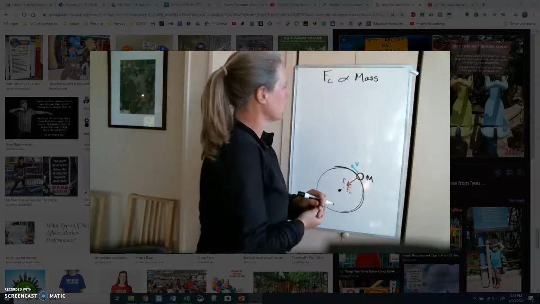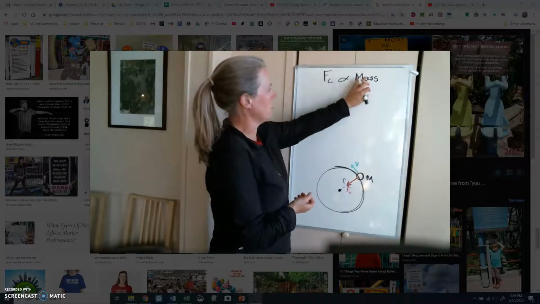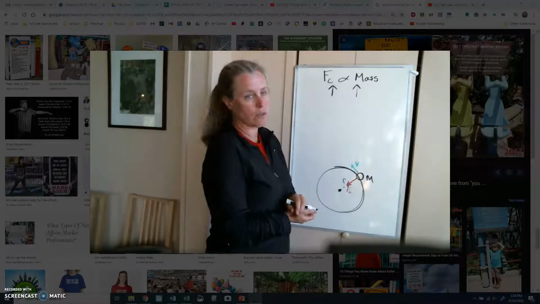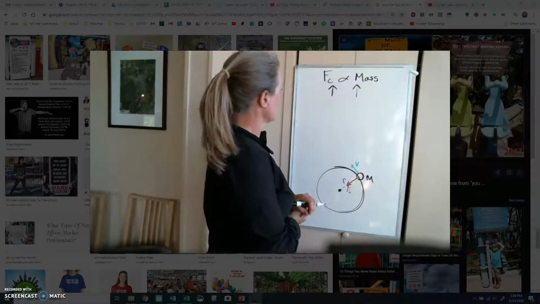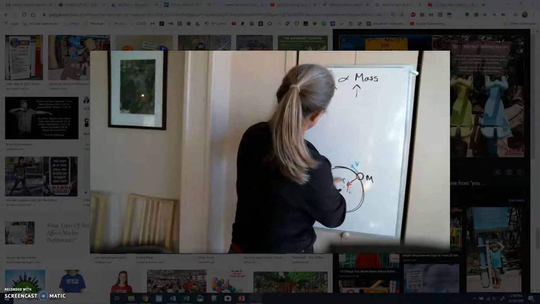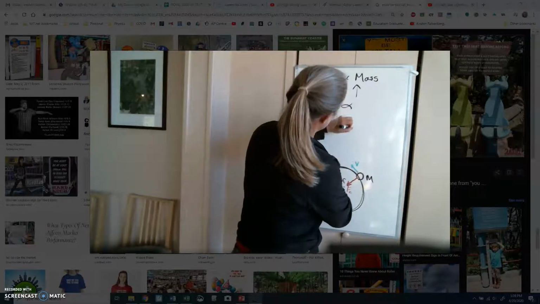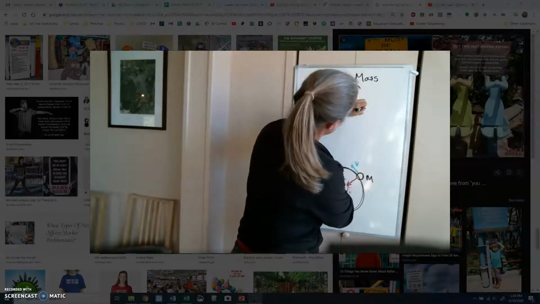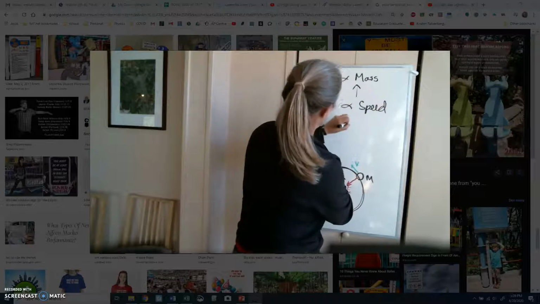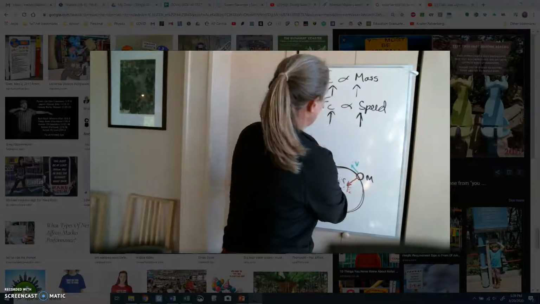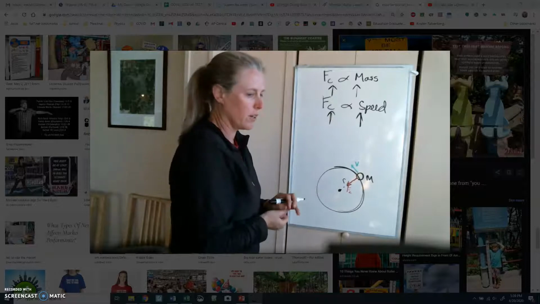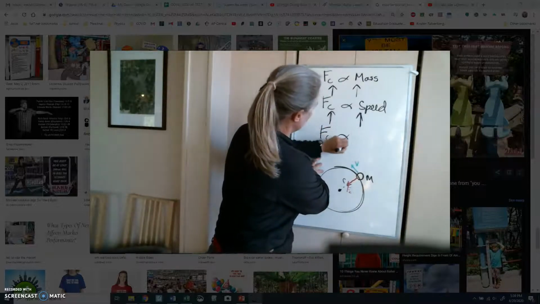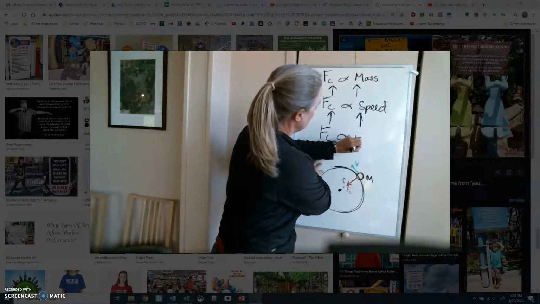It's directly proportional. If I increase the mass, I'm going to increase the centripetal force. What happens if I increase the speed? Well, it seems like if I increase the speed, not velocity, I'm also going to increase the force. Now, there's a little bit of variation on that one. And if I increase the radius,